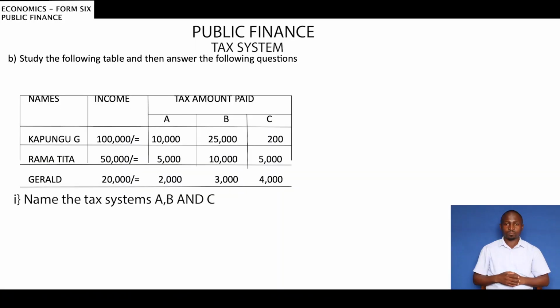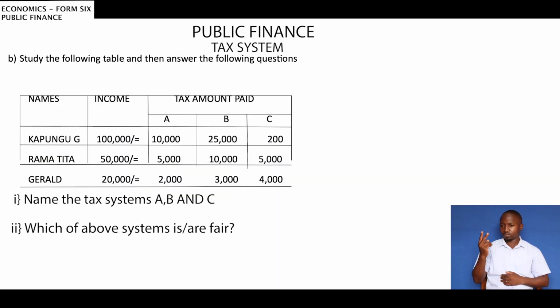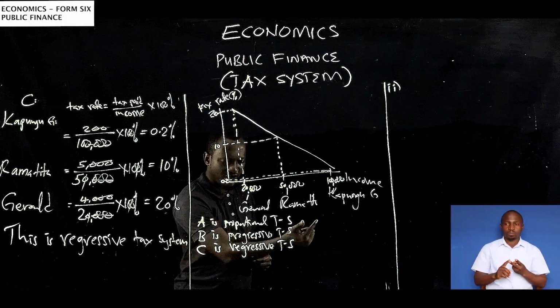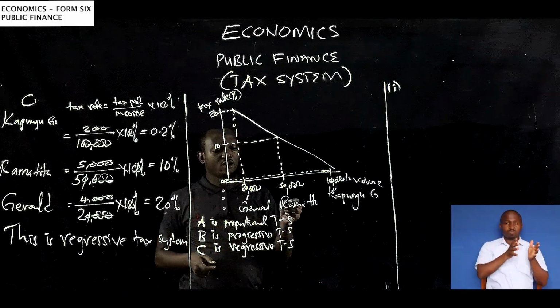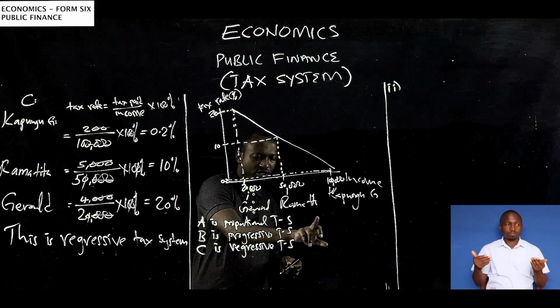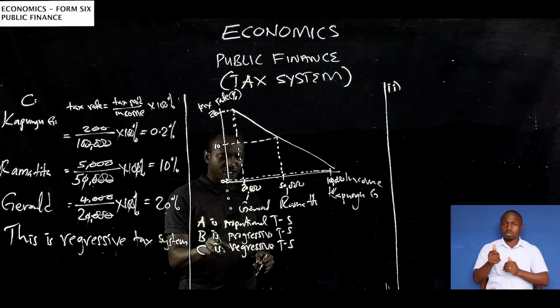Roman 2. Which of the above systems is or are fair? Proportional is where the tax rate is charged equally to all. So no one is getting much burden in this proportion because all are taxed the same. So proportional is fair. And the progressive,